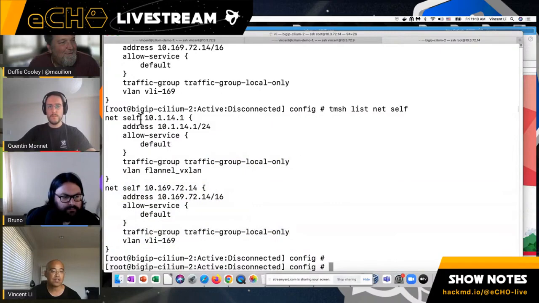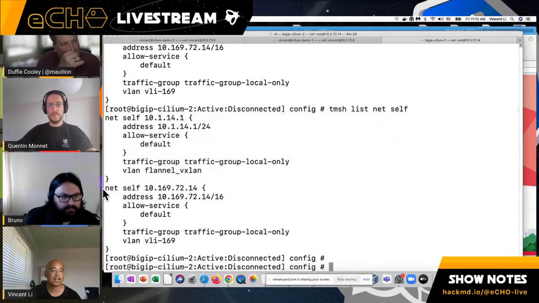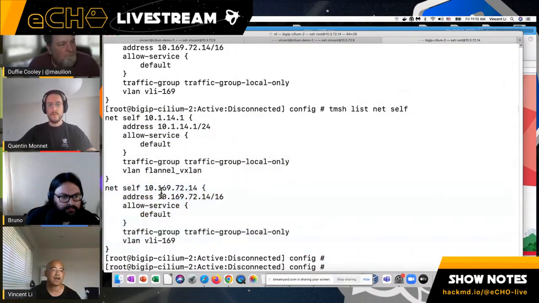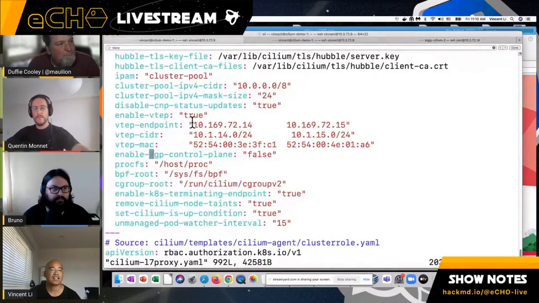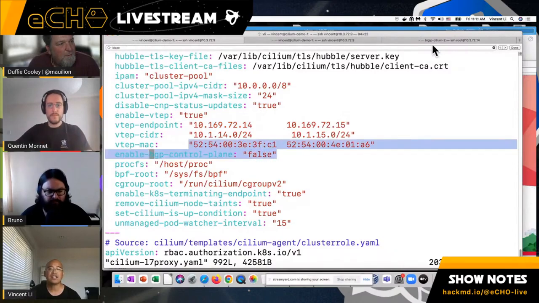So the tunnel self IP is the overlay network through the underlay network VLAN. So this is my endpoint IP, this is a tunnel self IP, and the VLAN self IP. And then the MAC address is